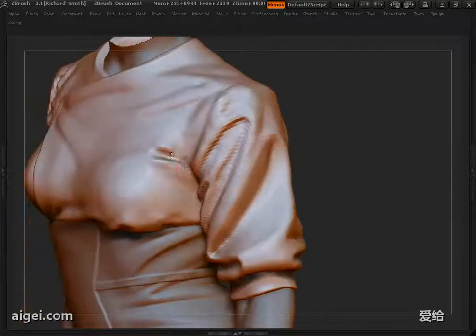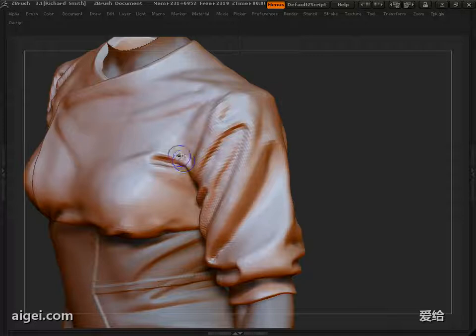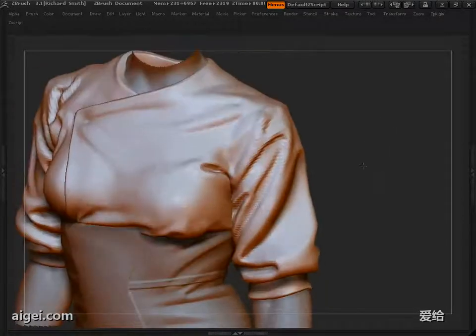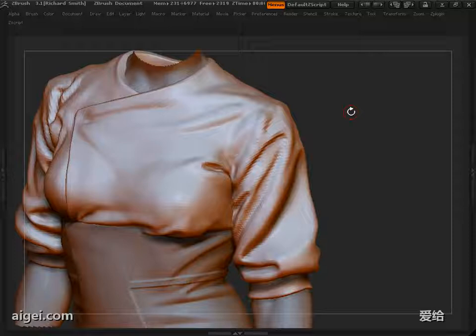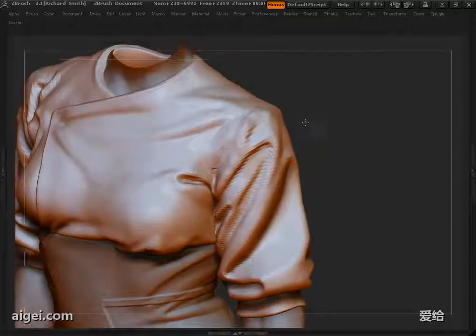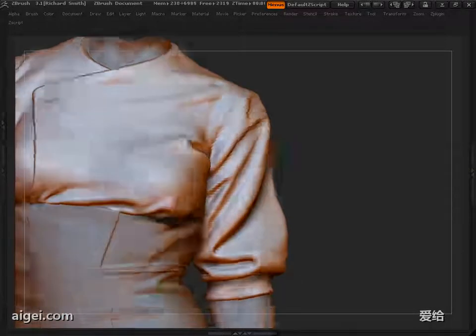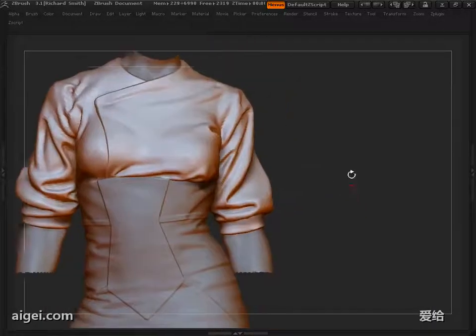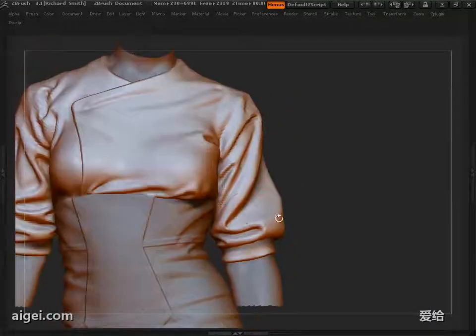So really it just takes a little bit of consideration, I guess, of how the pose of the character is affecting the behaviour of the cloth, as opposed to just not thinking about it at all and lumping in any old creases. And that tends to be how you end up with the